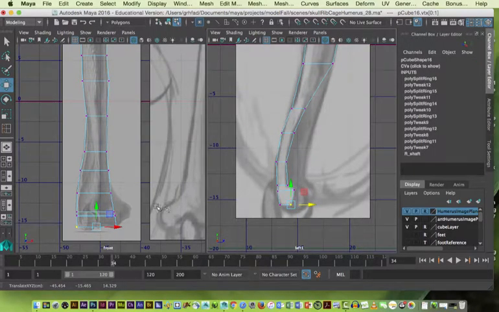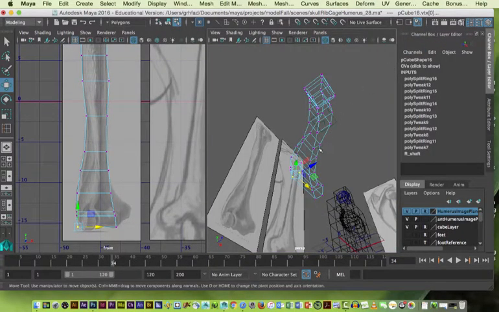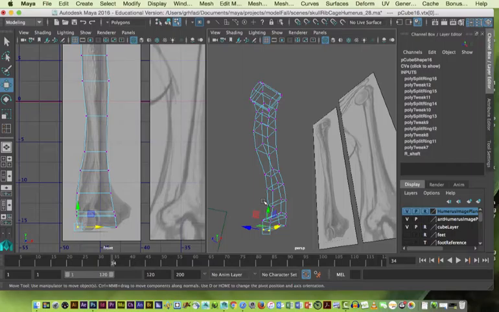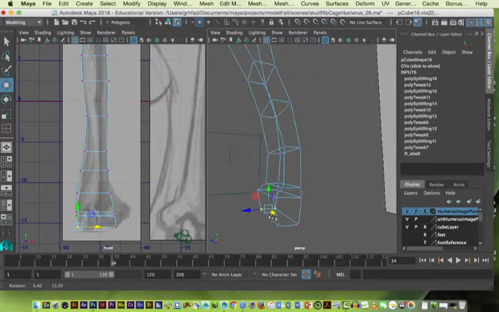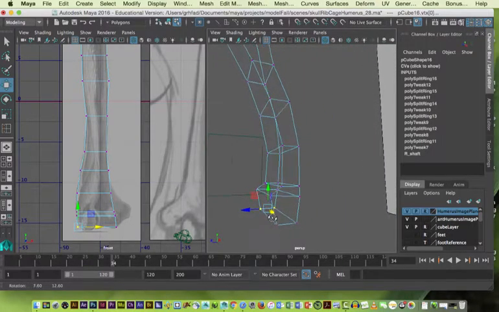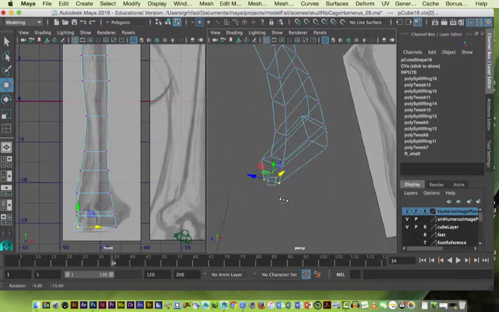Okay. So we could maybe bring this in just a little bit. Now you can see here, for the medial epicondyle, I need a nice big chunk of bone to come out there. And I've kind of modified this a little more than I should have probably, in order to get that